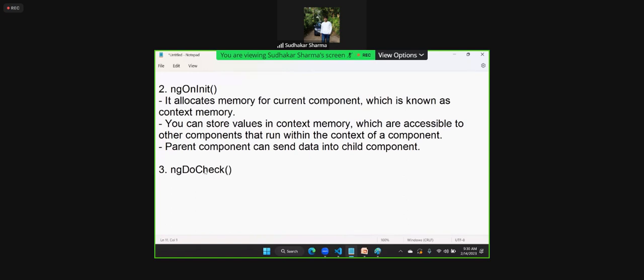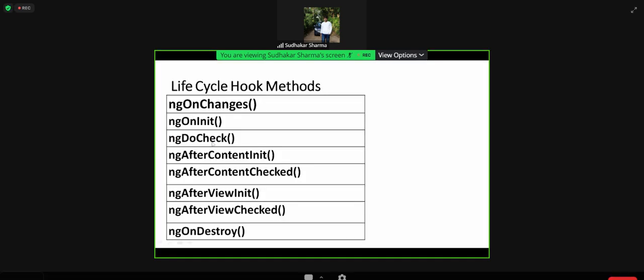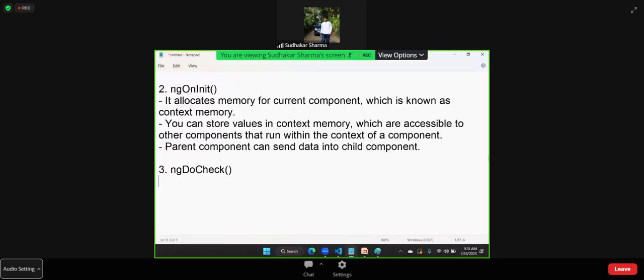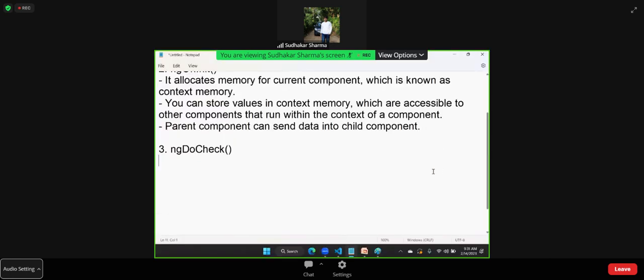We have ngDoCheck. We have another ngDoCheck. So after ngOnChanges and ngOnInit comes ngDoCheck. ngDoCheck is nothing but, actually, what happens in ngDoCheck is